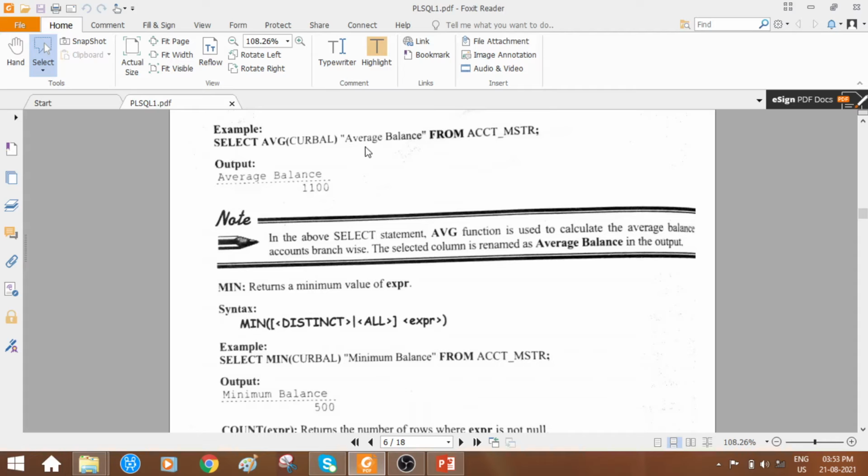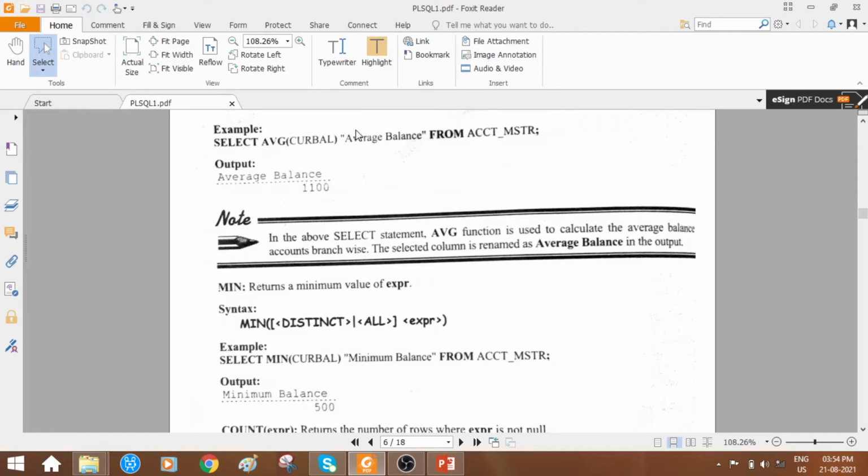Let me show you here. After specifying the average aggregate function here, aggregate function followed by to which column the aggregate function or the average has to be applied, that we have mentioned in the parenthesis, the actual column name. Then following to this, you are observing something like average balance within double quotes, right?